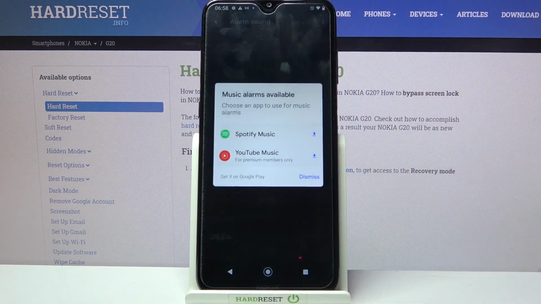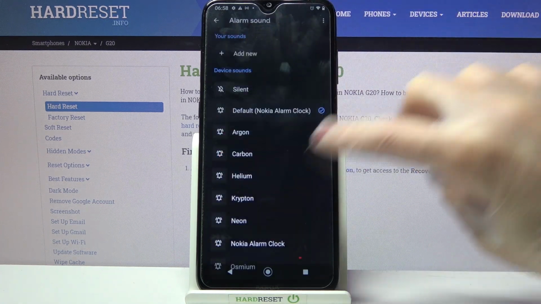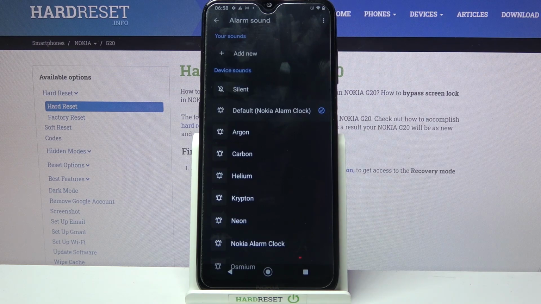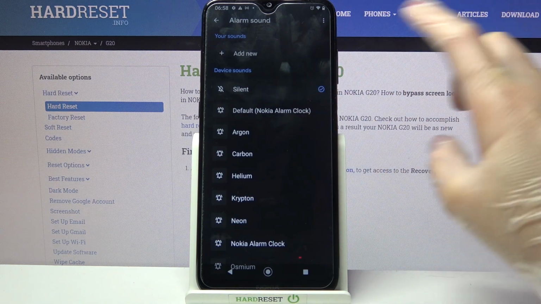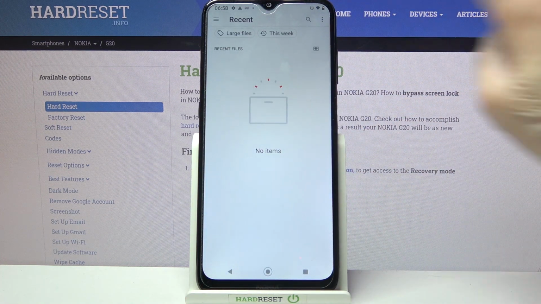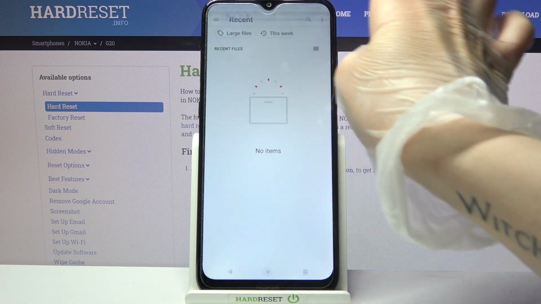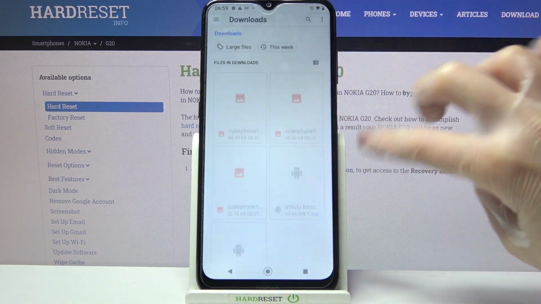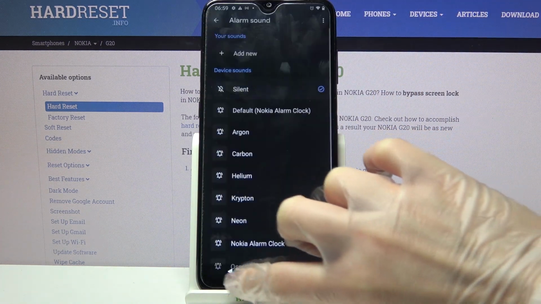Lastly, choose Default and tap on Dismiss. Now you can pick one of those melodies as your alarm sound by clicking on the chosen one and going back. But you can also choose Add New over here and pick music from your device by tapping on the song that you want to set up. But as you can see, I don't have any, so I will just go back